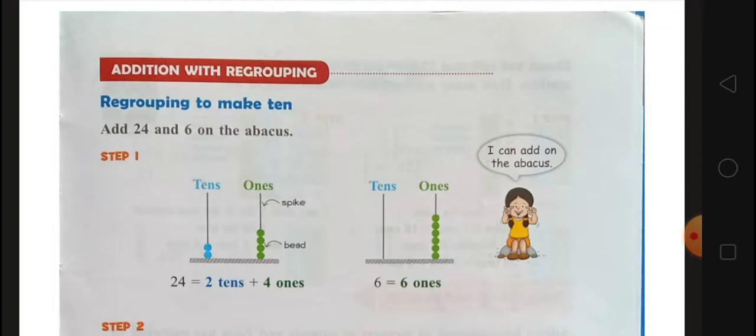And after that we learned numbers up to 999. In this topic we learned forming numbers up to 999, place value, expanded form of numbers, comparing numbers. And after that we learned addition and subtraction of bigger numbers. In this topic we learned adding 2-digit numbers with and without regrouping, adding 3-digit numbers with and without regrouping, subtracting bigger numbers and story sums.